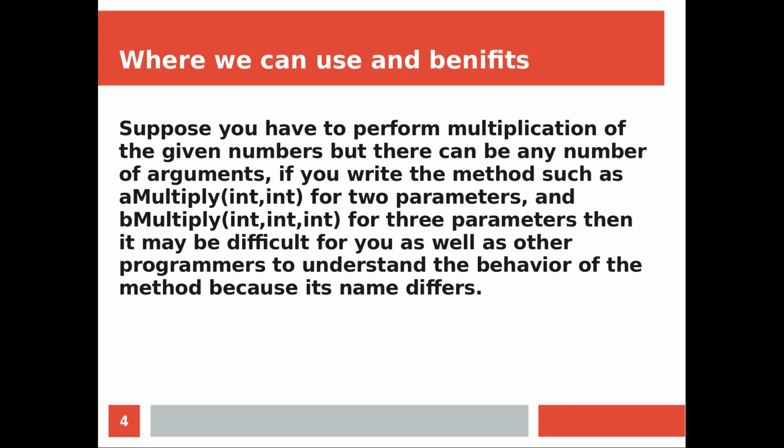But we are discussing this here because it is a good example: if we have common use cases and want to implement them in the same class on the basis of input parameters, which may differ in data types or in number, we can implement it with overloading. Now we can proceed with the examples. There are just four simple examples that cover all four rules. So let me go to that.